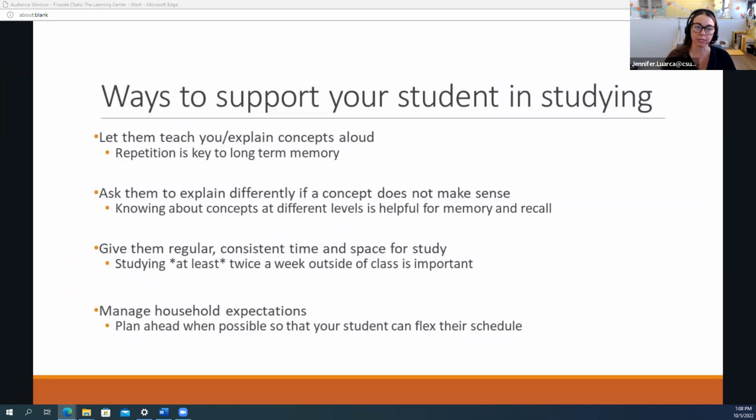So their responsibilities of how much they need to know and the depth and also the speed at which content is covered significantly increases. But the way your person learns doesn't change when they jump into college. A lot of the strategies that they used to study in their regular learning experiences prior to college are what's going to work for them in college too.